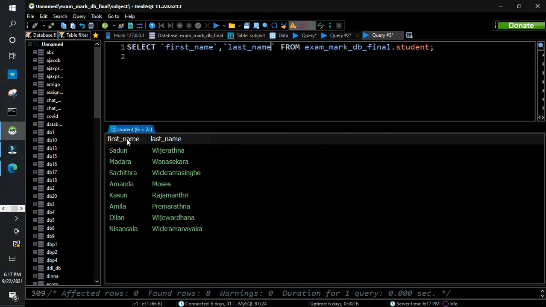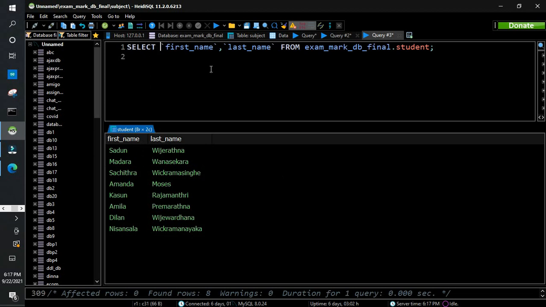Now if I want to count these, first I have to join the values in the first name and last name. For example, for the first entry, that is Salun Vijayaratna, I have to first join these two values in order to count the first name and the last name letters.